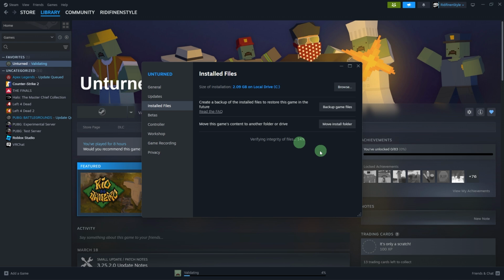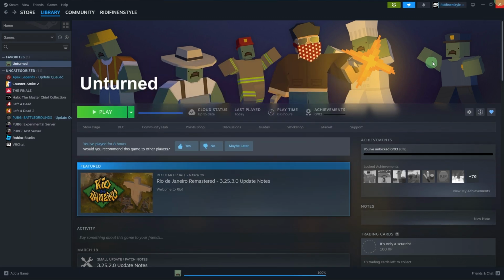Restart Steam. Close Steam completely and reopen it to refresh the game library. Relaunch the game. Open and play the game again to check if the missing files have been restored and the game is working